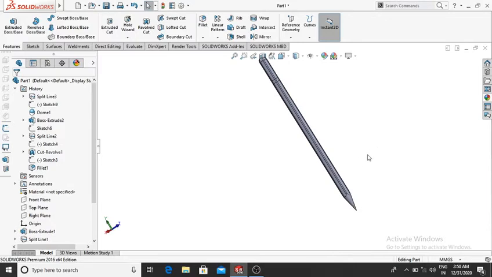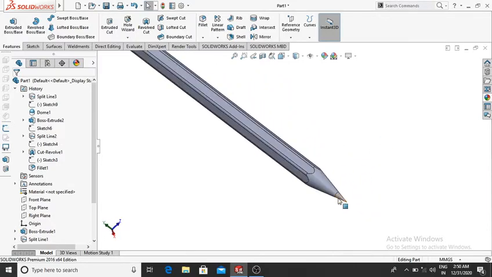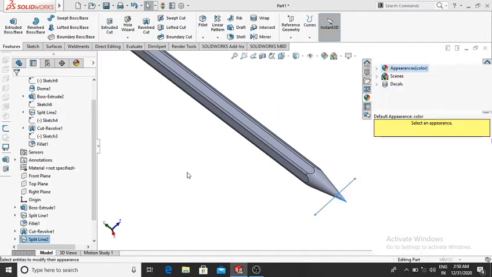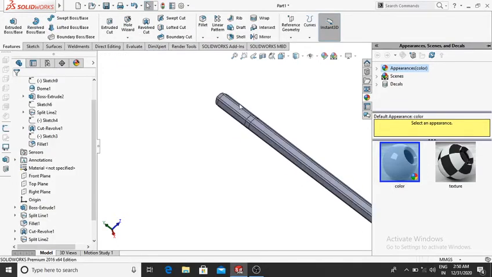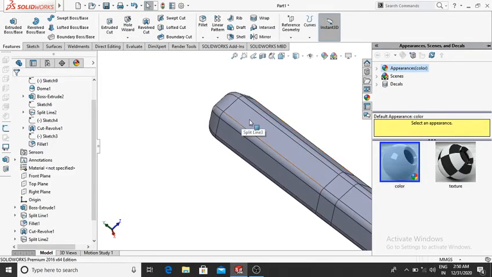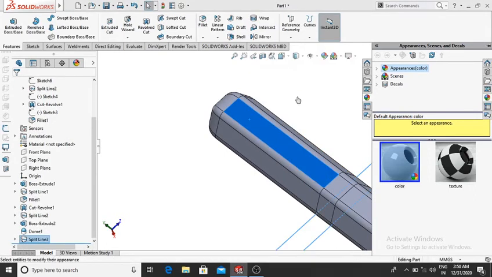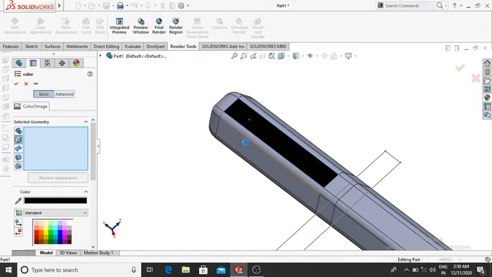So we apply the color and material on this one. Select this one, right click, go to the appearance, select this face and make it black. Select this face, appearance, and make it also black, and select all these lines separately.